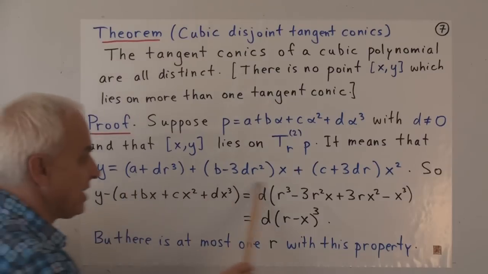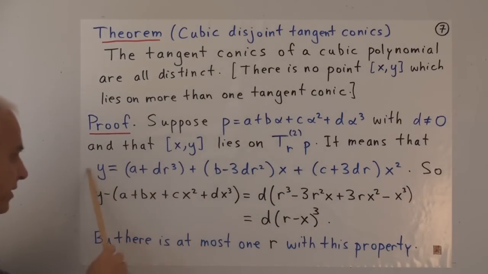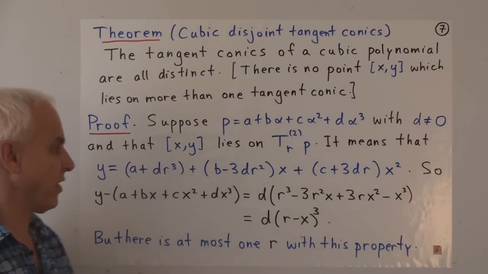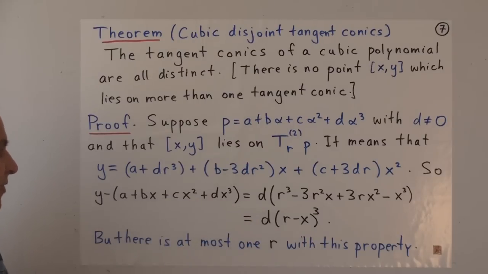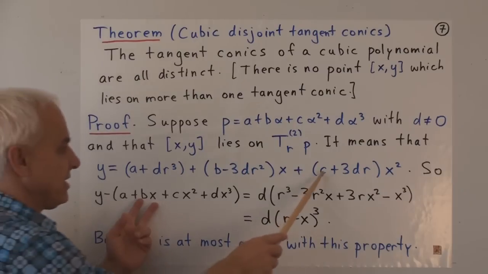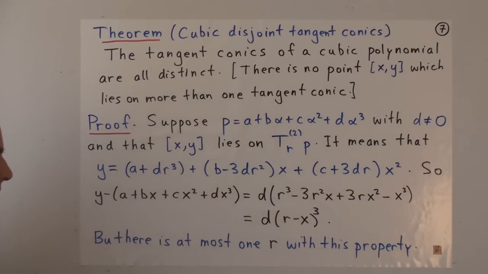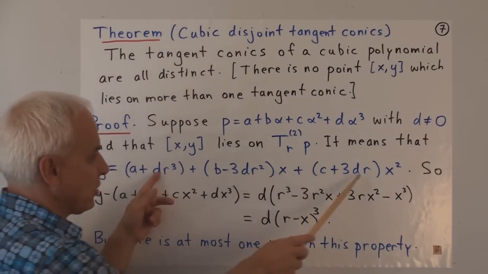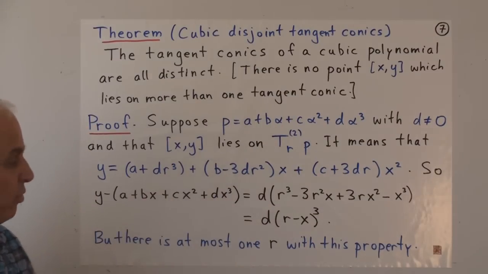So it's all contained in this equation here. Let's have a good look at it. What we're going to do is put all the terms involving r on that side and all the other terms on this side. So there's a y, the a comes to the other side, the minus a, the bx comes over here, the cx squared comes over here, and this term I'll explain in a minute. On the other side, we have dr cubed. In fact, all these three terms on our left will have a factor of d, so we'll pull that out.